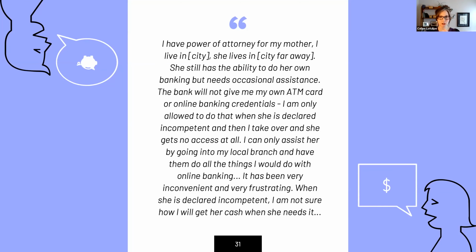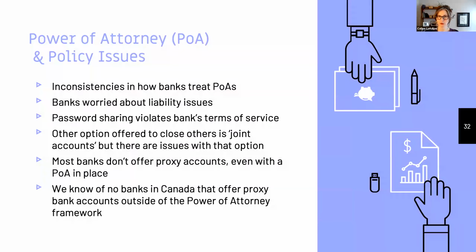So there's a lot of issues being illustrated here about the bank's policies and the access to the banking technology that doesn't really fit the needs of these users, and this gray area and occasional assistance that's clearly needed in some cases. So a lot of issues around power of attorney and policy. So clearly technology isn't going to be the full-on answer here. This is going to have to be a combination of policy change and technology enabling more gray area